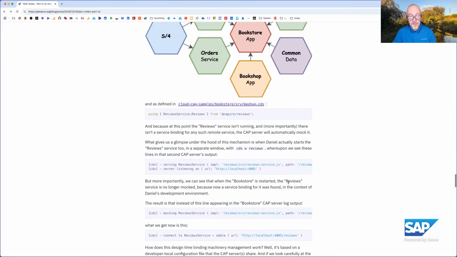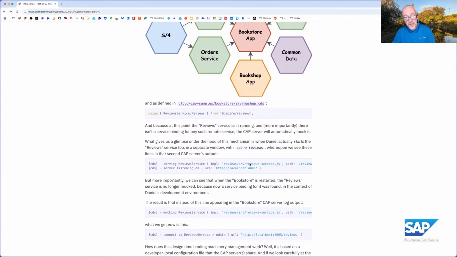And what happens is when we start a second service with CDS Watch reviews in a second window, it starts on 4005 because of course 4004 is taken up.